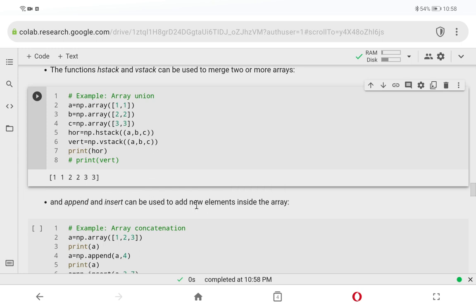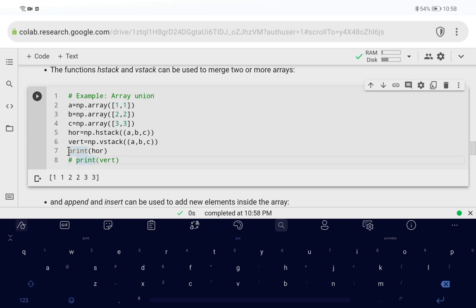So it goes from one side, so it's from 1, 1, 2, 2, and 3, 3. So it is in one horizontally stacked line. Okay, so what happens when we stack it vertically,